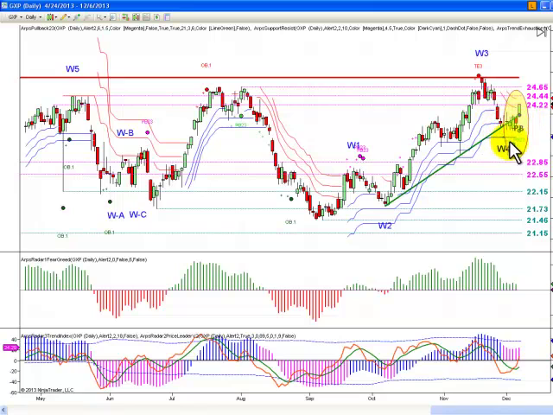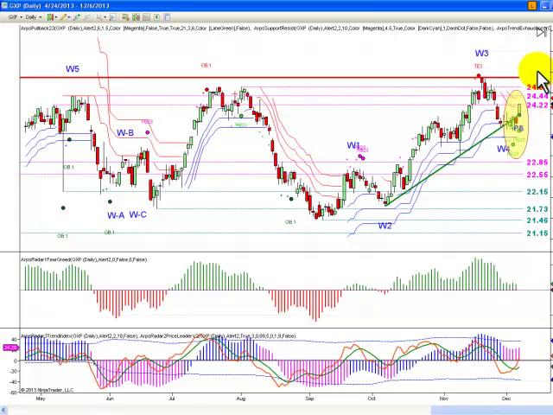So I like the fact that we're seeing acceleration in the direction of the uptrend as it tests this uptrend line. Granted, we are looking at 3 different resistance levels, actually 4 different resistance levels that we've tested here in the last year. So we could easily bounce off of this, but if we're going to try to break through this level, it's good to get your entry price as early as you can. So I'm looking at this pullback 23 on the trend line as an opportunity to look for a breakout beyond